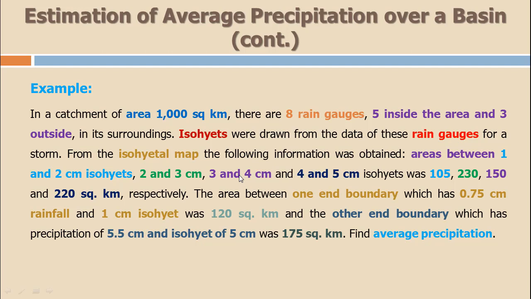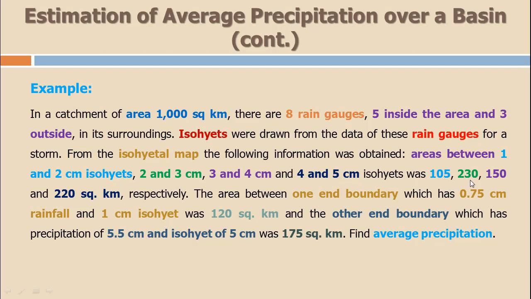Isohyetes were drawn from the data of these rain gauges for a storm. From the isohyetal map, the following information was obtained. Area between 1 and 2 centimeter isohyetes, 2 and 3 centimeter isohyetes, 3 and 4 centimeter isohyetes, and 4 and 5 centimeter isohyete was